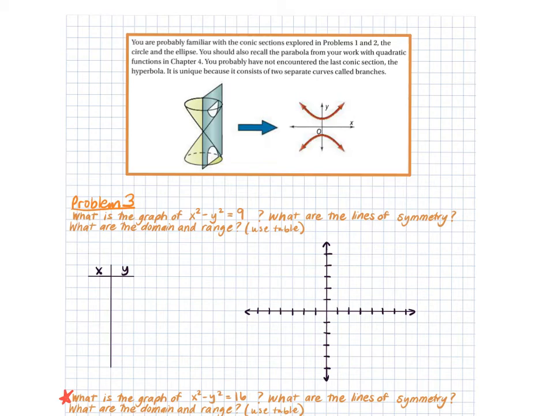The other two we learned, right? The circle and the ellipse, you're probably pretty familiar with. Circle, ellipse, like an oval. And you do also know parabola from our work with quadratic functions. But you have not encountered this one before, which is a hyperbola. And it's unique because it consists of two separate curves called branches. So this side is a parabola and this side is a parabola. And those equations come